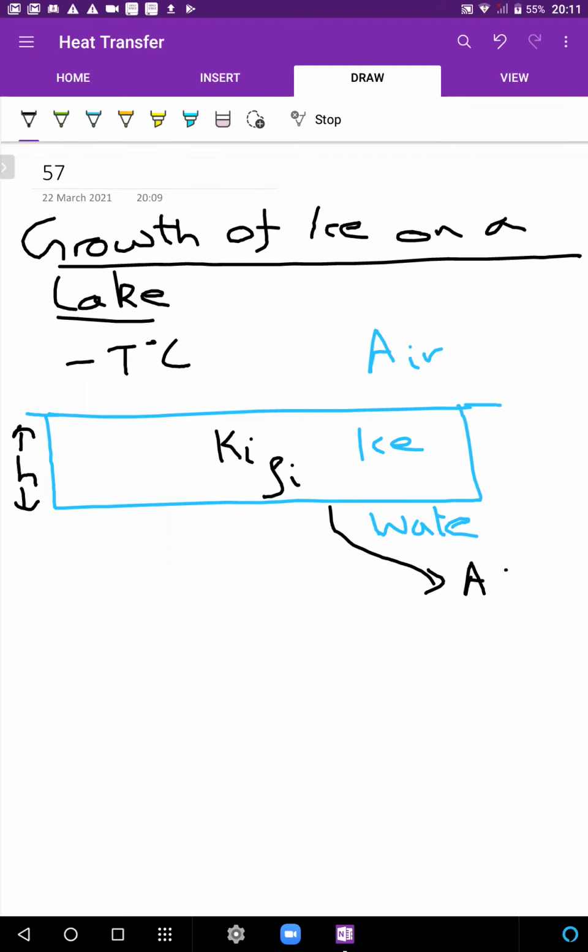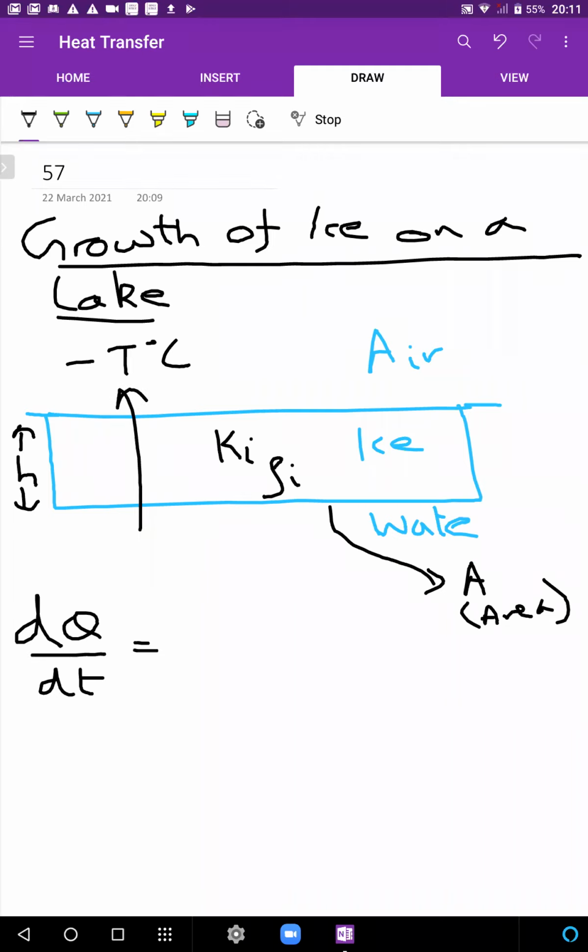And let's say the cross sectional area is A. So the area of ice, when seen from up, that's going to be A. Now dq by dt is two things. Okay? First of all, dq by dt is going to be the rate at which heat flows. So dq by dt is going to be Ki area by L and temperature difference. I'm removing the minus sign. I'm just writing यहाँ का temperature minus वहाँ का temperature.